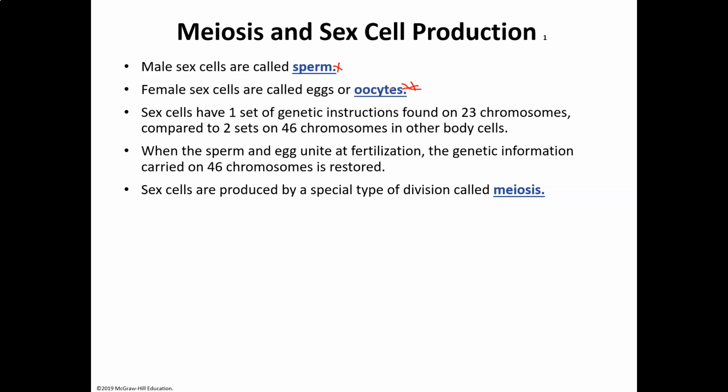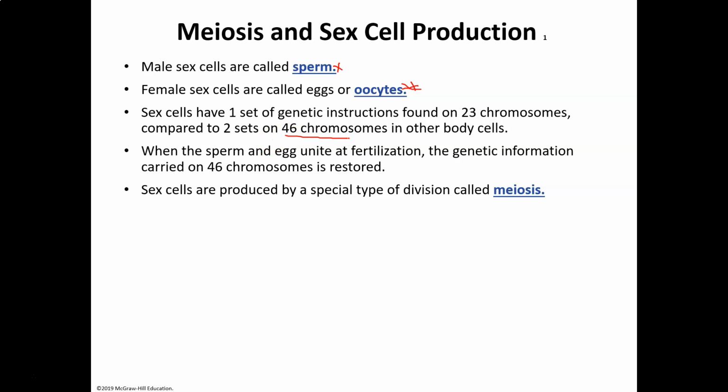And remember, they're a pair because you get one chromosome number 1 from mom, and you get the other one from dad, and so you have two chromosome number 1s, but one is from mom and one is from dad. And then you have two chromosome number 2s and two chromosome number 3s, and so on. And so that gives you 23 pair of chromosomes. Of course, that's 46 total chromosomes. Well, yes, it is.